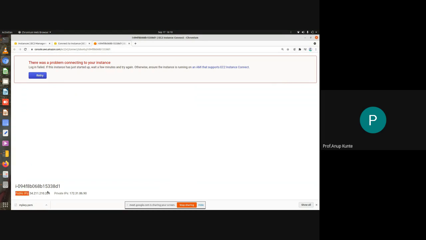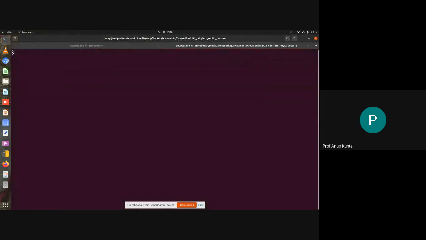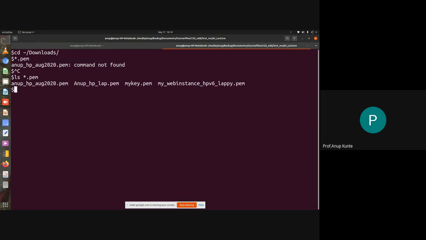And if I don't want to use the browser, then I can use this key pair which I downloaded. And from my host machine, I can actually do an SSH. For that, I need to go to my downloads folder where the key will be downloaded. Okay, sorry. There might be multiple keys, that is why. So this is the key. I'm just copying this key from this location and keeping it somewhere safe.